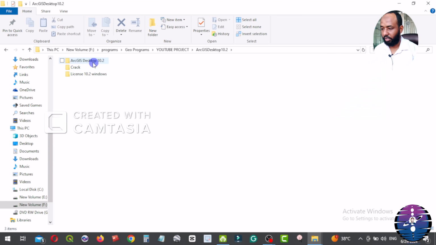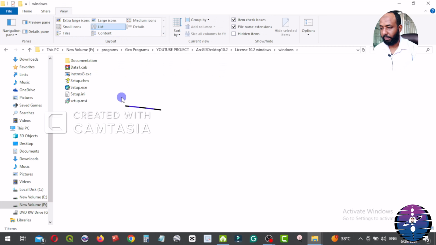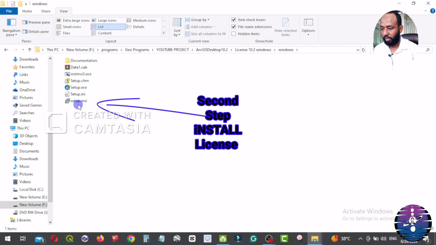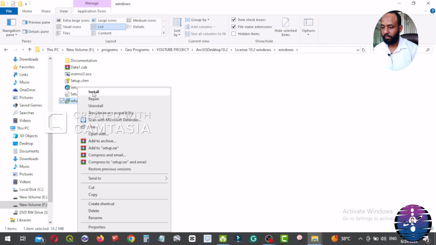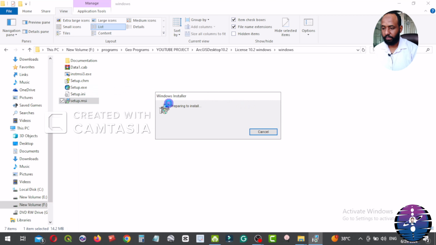After the installation is complete, we move to the license 10.2 Windows. Open folder. Okay, I prefer list view. We click on the installation icon for the license. Install. Windows Installer,